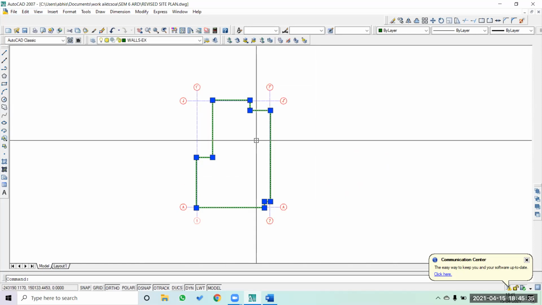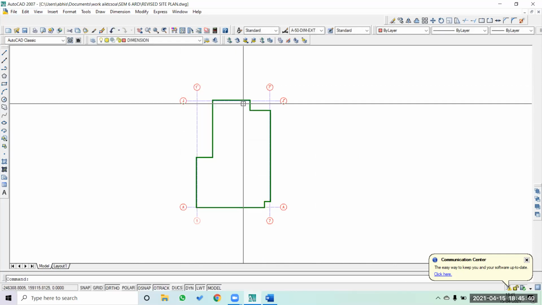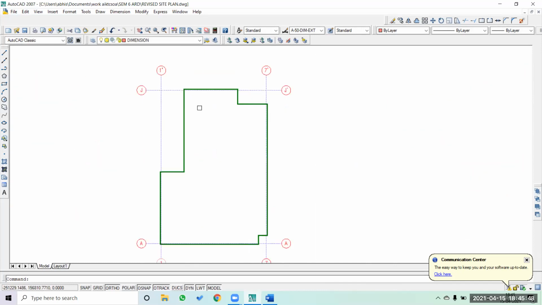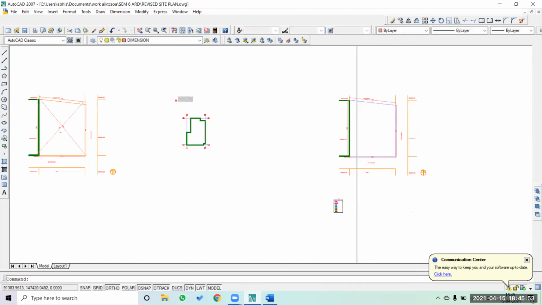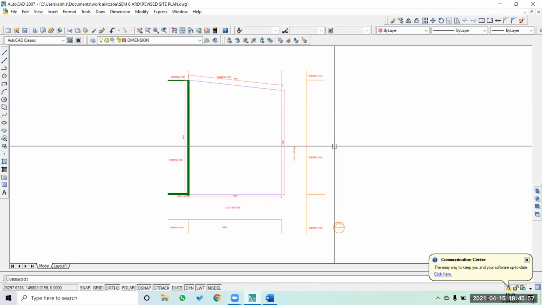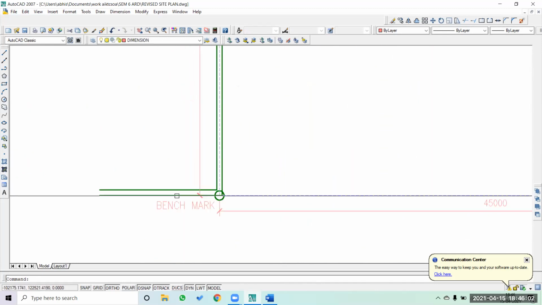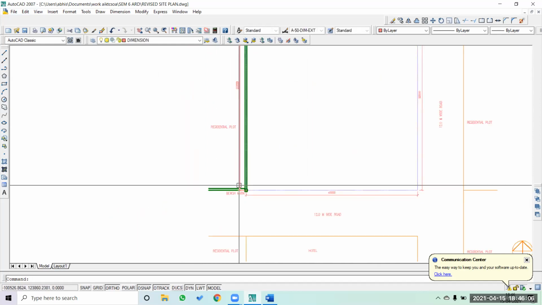There might be a few overhangs or something, but we are eliminating them because this drawing is purely concerned with the setting out for the plinth construction. So you have to get this first right. Then the next thing is you have to copy paste the site drawing which is already given to you and remove the diagonal lines. There is already a benchmark given here, so that is the advantage.